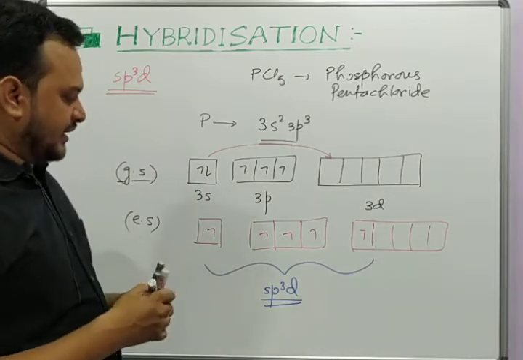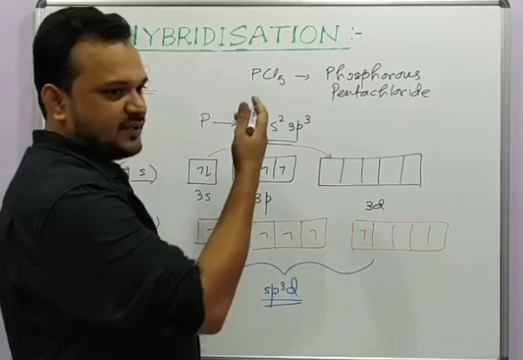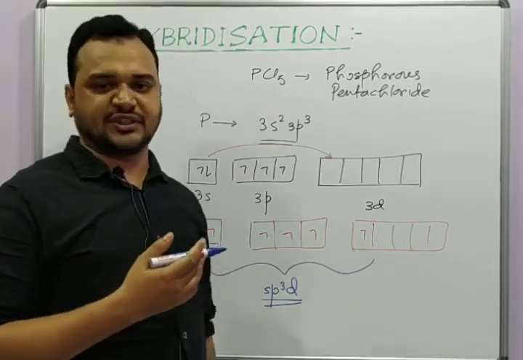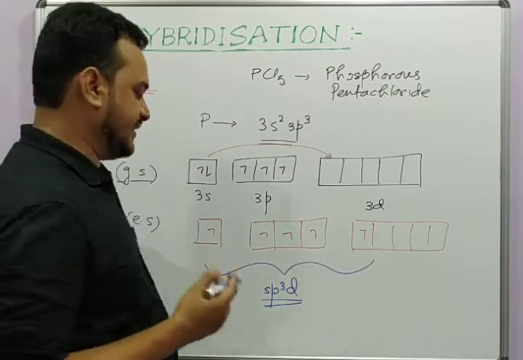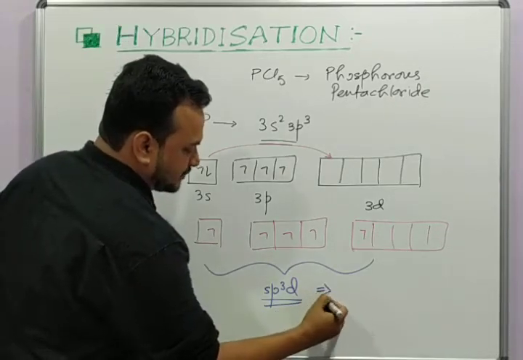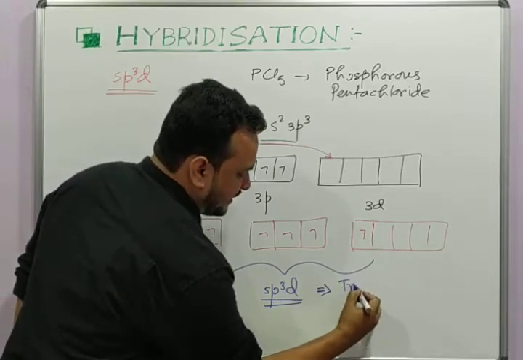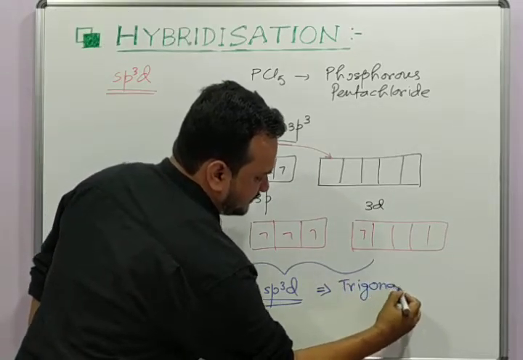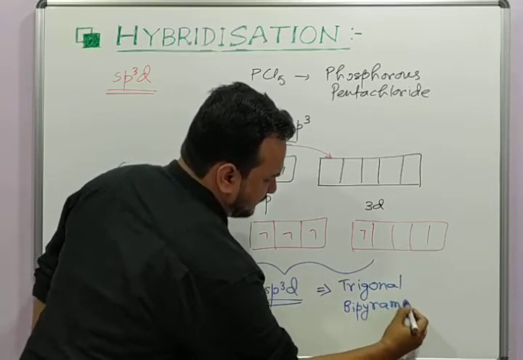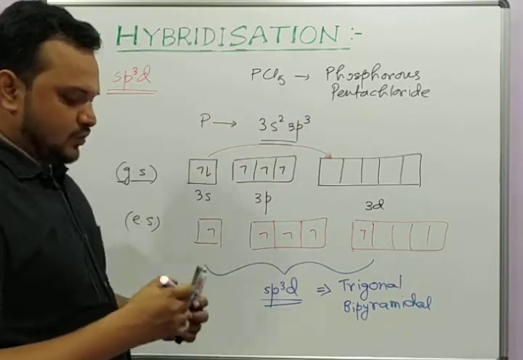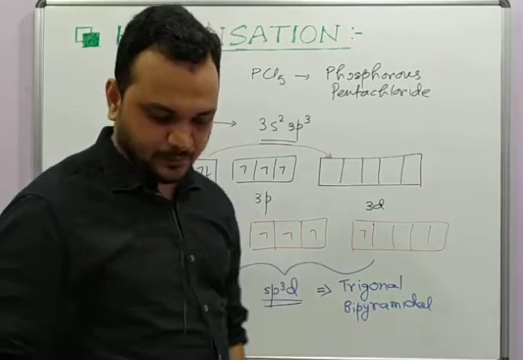And as we know, each hybridization is associated with a particular geometry. Like in the previous video we said for sp3 it is tetrahedral, then sp2 trigonal planar, and then sp that was linear. Similarly sp3d is also associated with a particular geometry, and that is very important: trigonal bipyramidal. Trigonal bipyramidal. Okay, so how this molecule PCl5 looks, I am trying to show you with a model